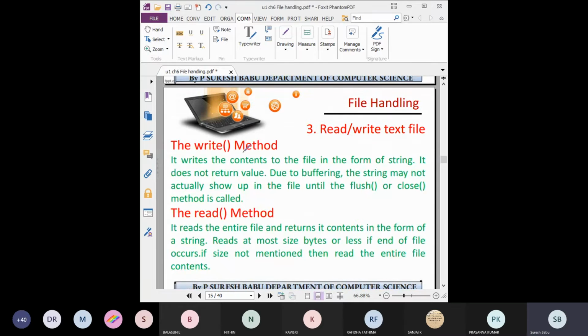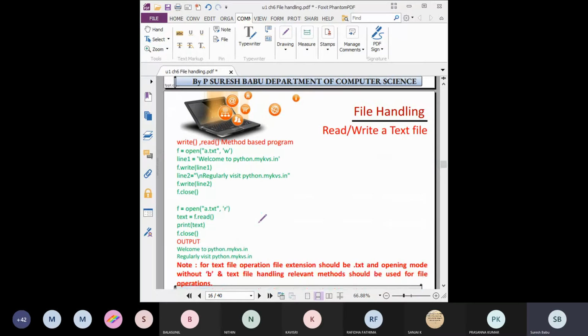Then reading and writing a text file. Writing is used to write the content into the file. We can open the file using write mode, and by using the write function we can write the data. Any kind of data you can write in the text file, but it will accept everything only in string format.